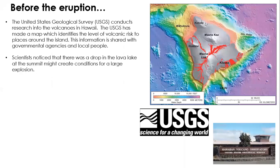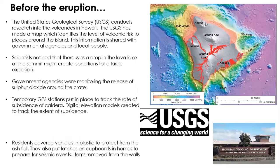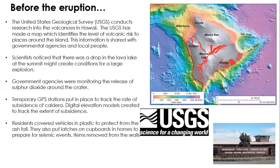So, of course, since Hawaii is located above a hotspot, the activity of the volcanoes is consistently being monitored by these 2 organizations, the USGS and the Hawaiian Volcano Observatory. So volcanologists will be working for the Hawaiian Volcano Observatory, monitoring the shape of the volcanoes. They'll be monitoring the amount of sulfur dioxide in the atmosphere, and also the level of the lava lake in the summit of Kilauea,